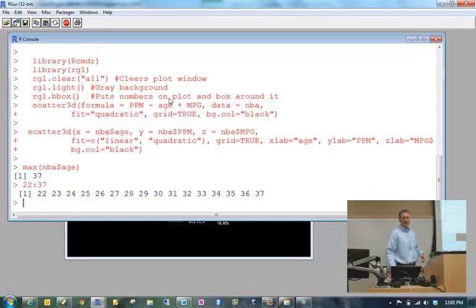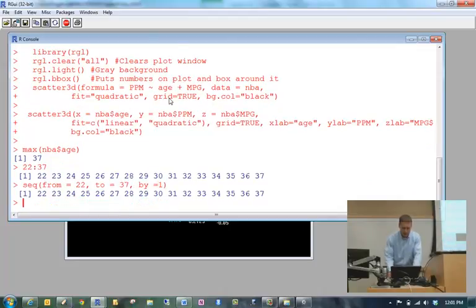Yeah. It basically allows you to look at all integers between 22 and 37. So this colon, and be careful, this colon is used in a different context to what it was in the formula argument, basically allows you to do this. Sequence, which we have talked about before, sequence from 22 to 37 by 1. Okay, so it's just a little quick shorthand way to do this.